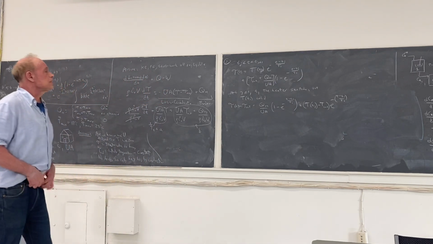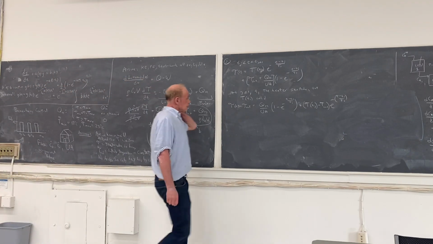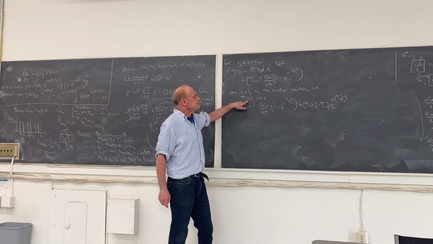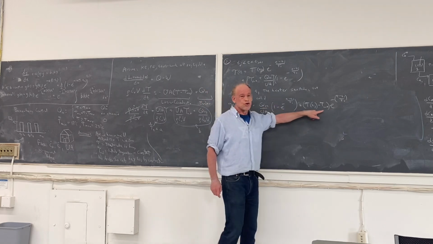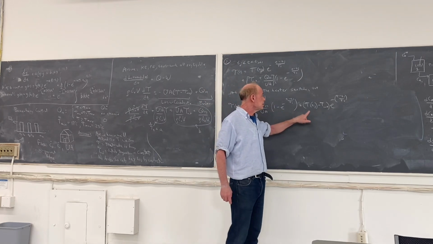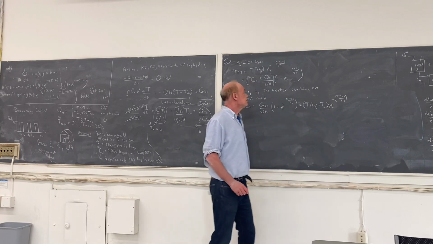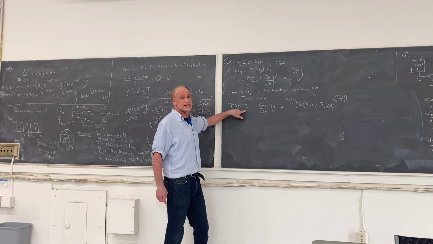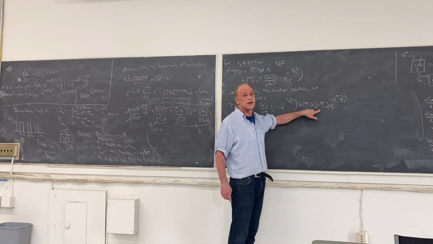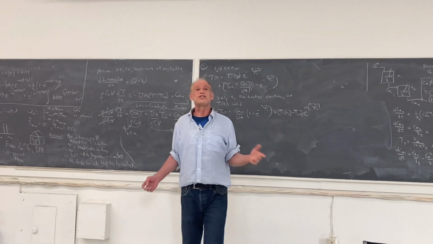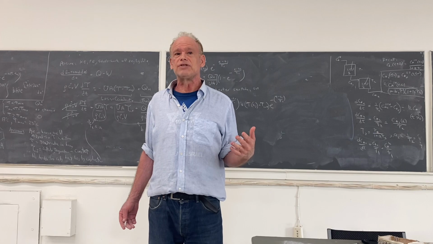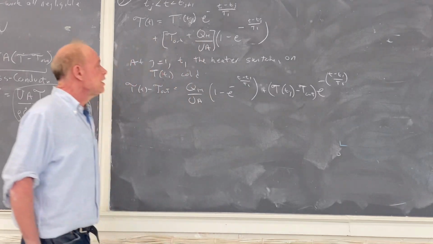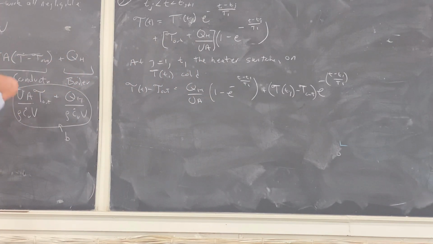Okay, so let's see what happens here. The outside, T1 is cold. So at time 1, the temperature in the house is cold, but it's not as cold as it is outside. It's even colder outside, so this thing is negative. That says that the temperature minus the outside temperature, if this were the only thing going on, would continue to decrease. And that's true. If it's colder outside than inside, and the heater is not turned on, then the temperature will continue to go down. And in fact, if I wait for infinite time, let's see,